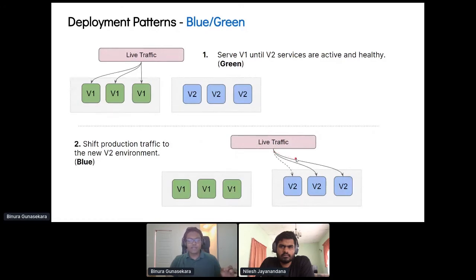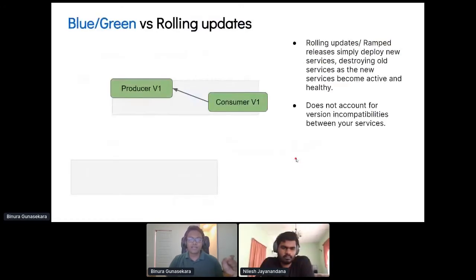Now, this is a little different to what you usually get with Kubernetes as standard, right? We know you get rolling updates and you can do zero-downtime deployments, where Kubernetes basically waits for the new container to spin up, does a few health checks, and if it all passes, it serves the new traffic to the new container and then spins down the old container. So the problem with rolling updates is that